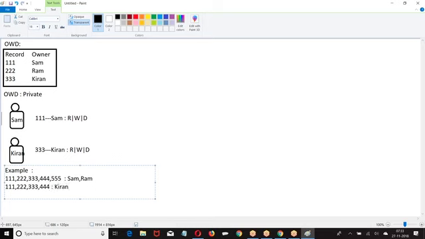These 4 records are visible to Kiran. Is Kiran able to see everybody's record? There are 5 records. Kiran is not able to see one of the records. Then what is the minimum permission? I don't have access on the record. If at least one user, if any user is not able to see any record, then OWD is private.